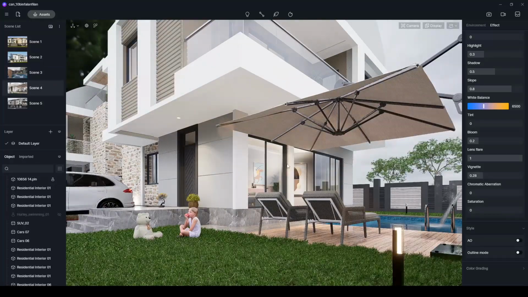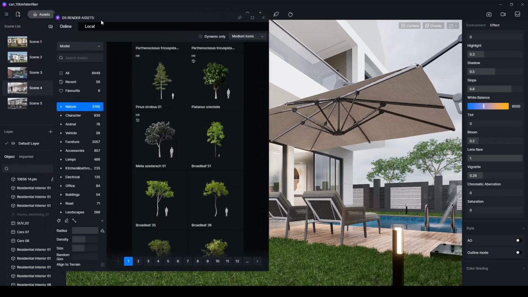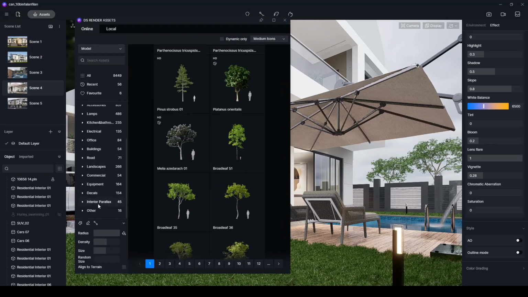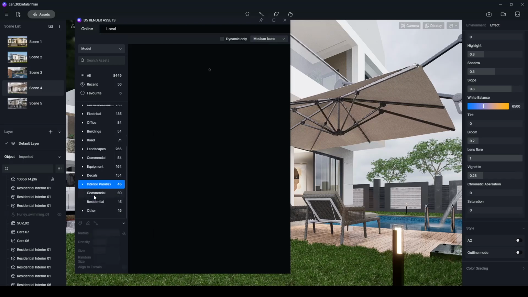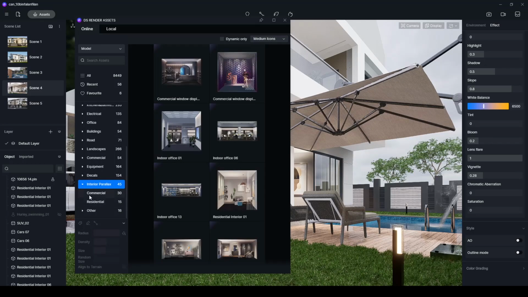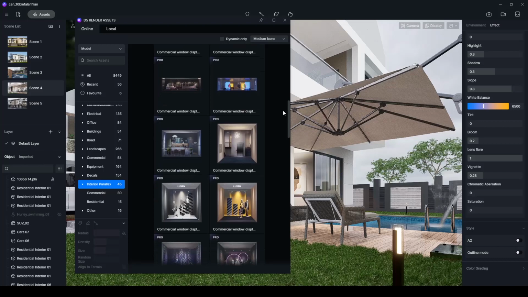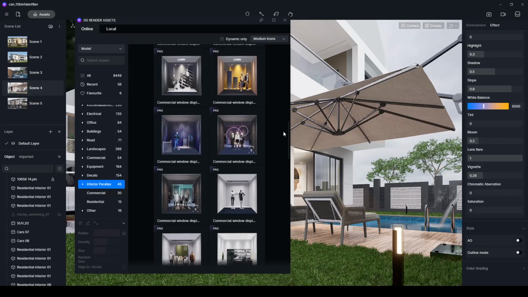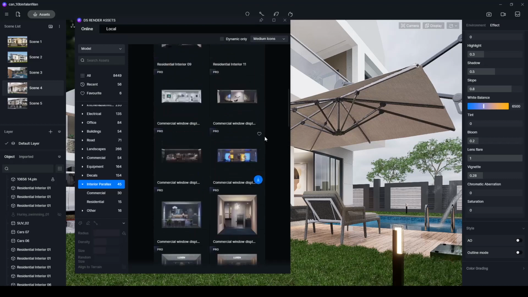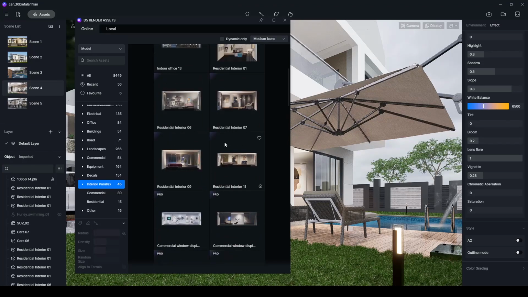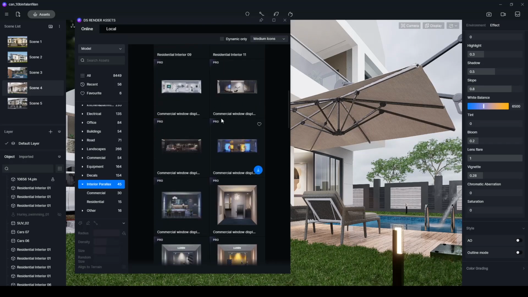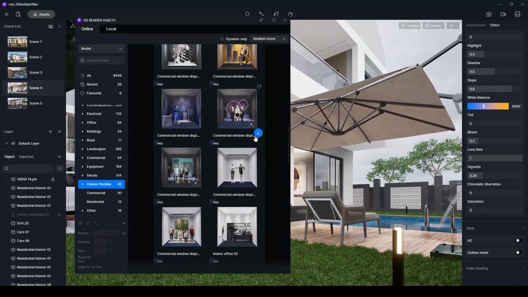By the way, if you want to reach those parallax effects, you will go to Assets here and you will see this interior parallax. And we have two additional parts, commercial and residential. As you can see here, we have too many options. They look very nice, but some of them are pro version, some of them are free. We have nearly 10 free assets here. They will be enough for starting purposes, and if you want more, you have to pay and use those pro versions.